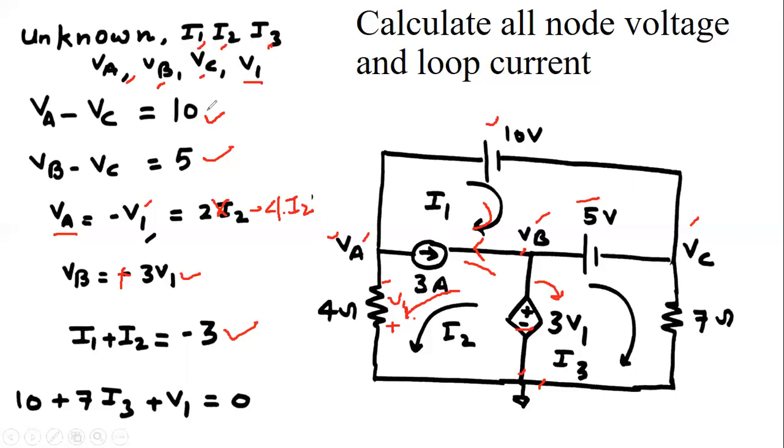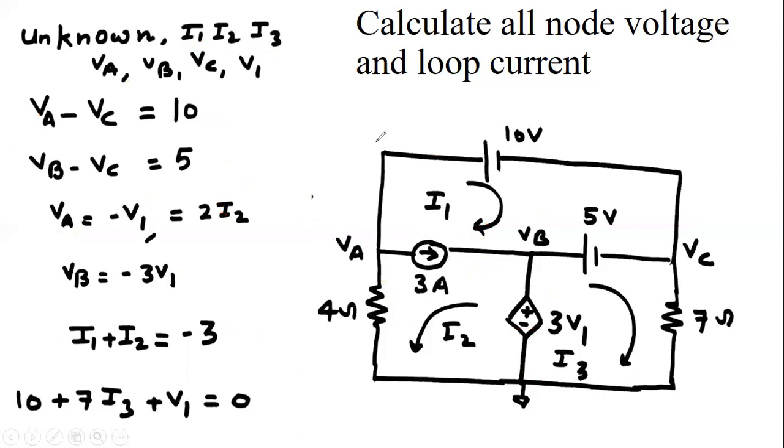So till now we have equation number 1, 2, 3, and with this minus 4I2, 4, 5 and 6. So total 7 variables, we require one more equation. So see, we cannot apply the KVL in these loops because this current source is in this loop and in this loop. So now we are applying the KVL in the outer loop.